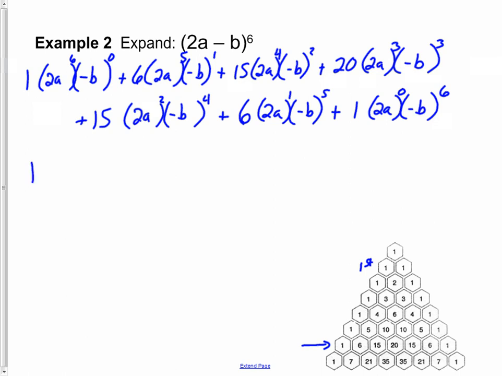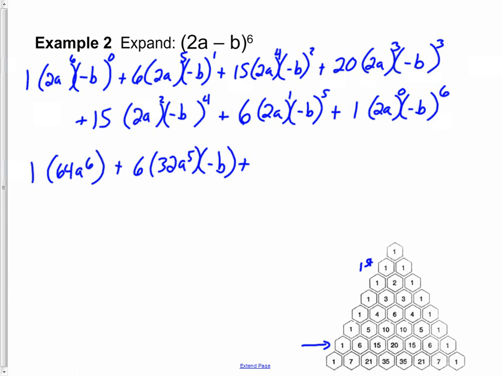So this would be 1 times 2 to the 6th, which would be 64, a to the 6th, and then negative b to the 0 is just 1, plus 6 times 2 to the 5th would be 32, a to the 5th times negative b,